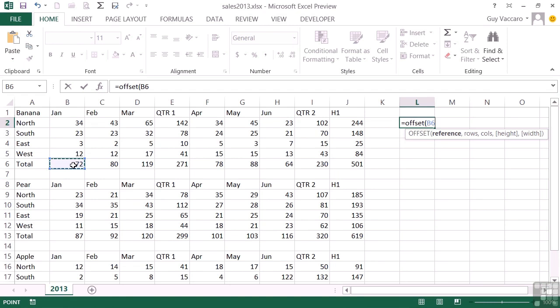And then we decide how far offset from that starting point we want to be. So comma. How many rows offset do we want to be? Now that can be a positive or a negative number. But bear in mind, this is our starting point. If we put a negative number, it will go up. Put a positive number, it will go down. So I'm actually going to put -4, which moves us up 4 cells,